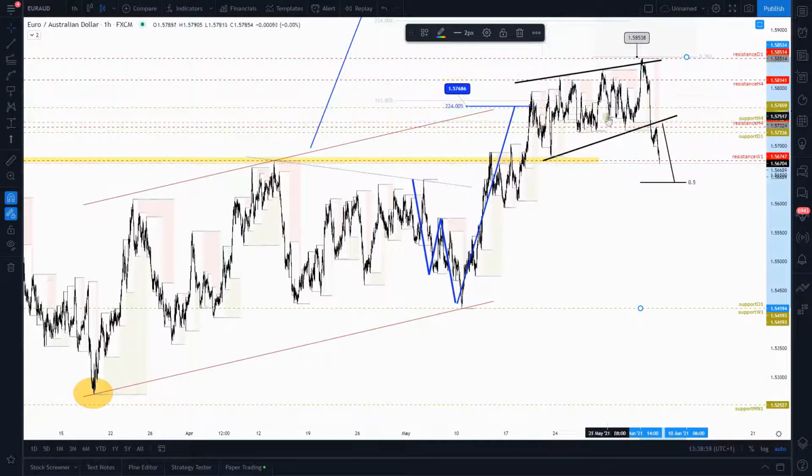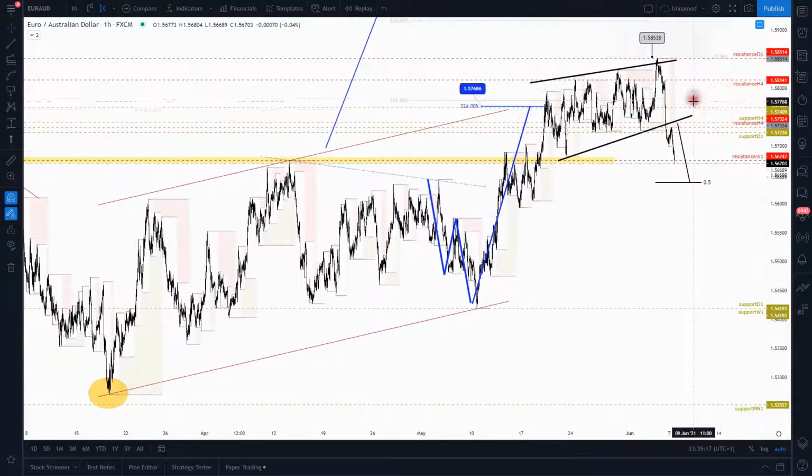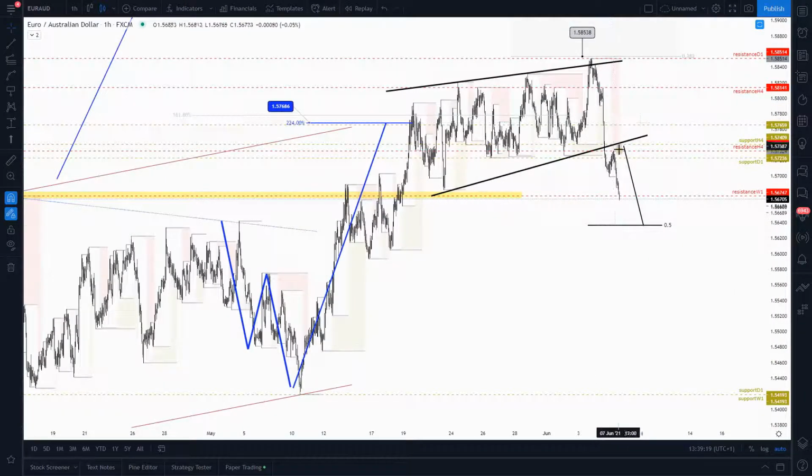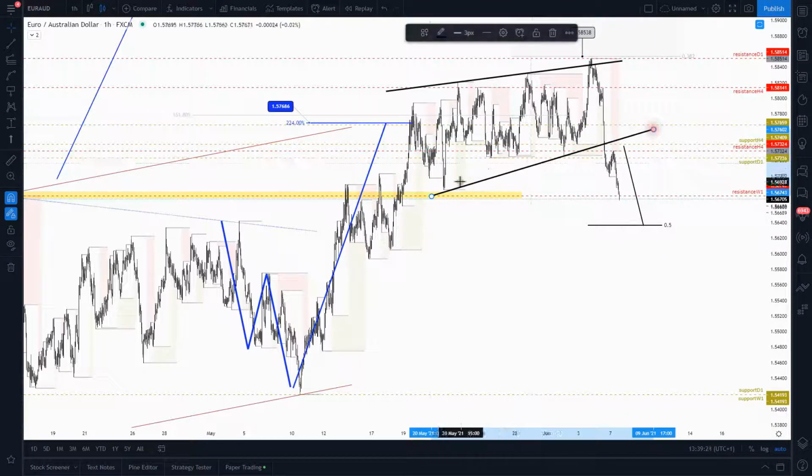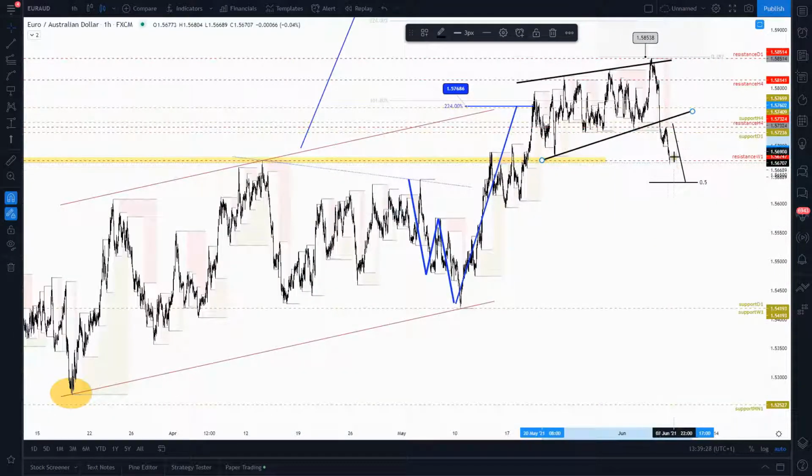It can print a small flag or a small triangle there, or a smaller wedge, and it can target the default Fibonacci level. This wasn't the case. This was a case where the price took a lot of time inside this process, but at some point, as soon as the price violates these lows or this trendline support, I started to expect, okay, eventually the market